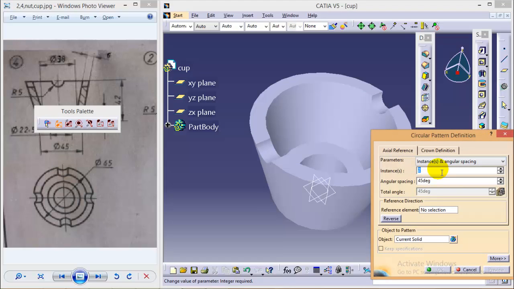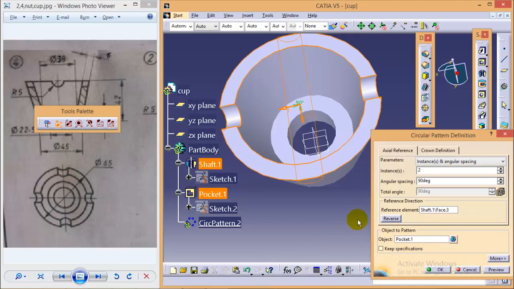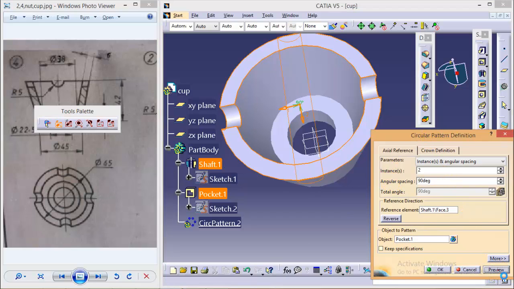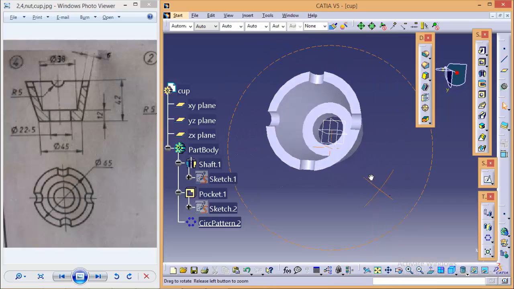We'll make instances 2, angular spacing of 90 degrees. We'll use the reference axis as this particular surface, as we want our profile to be created over here. Here we need to select the object as pocket, instances 2, angular spacing 90 degrees. So here we have obtained 2 more similar slots.